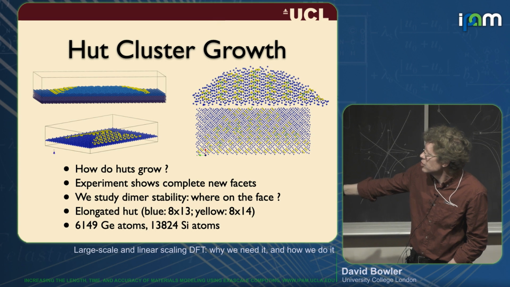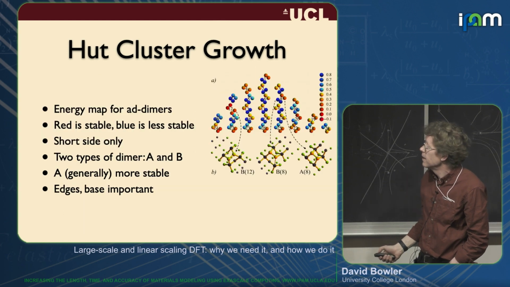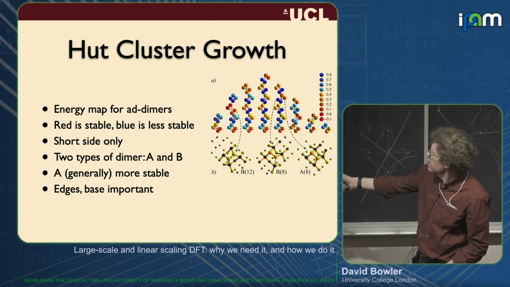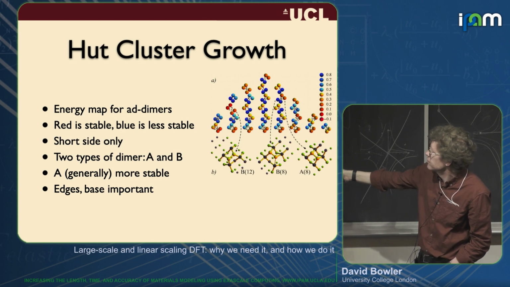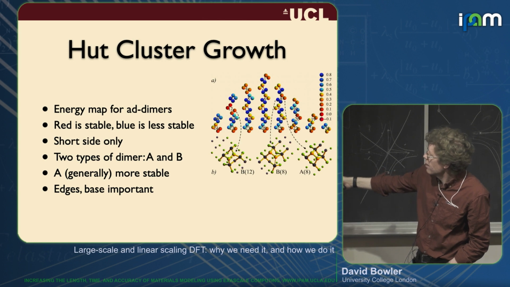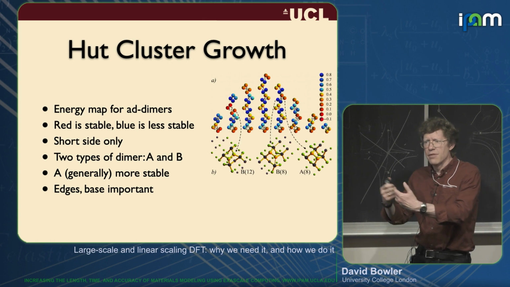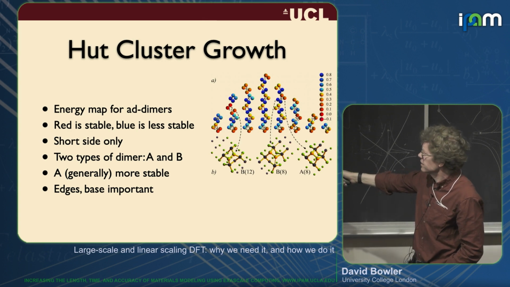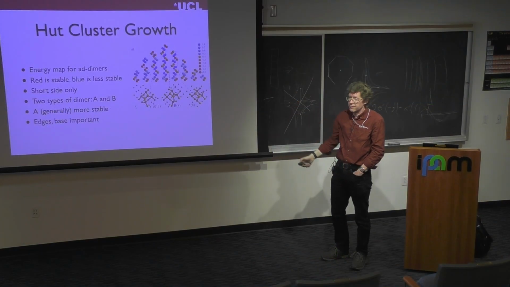So you're putting new pairs of atoms, new dimers, on all the different places on the facets and calculating the energy. And when you do that, you can make plots like this where you can see the change in energy relative to one particular location of putting a new pair of atoms anywhere on the surface. And that's enabling us to think about the growth mechanism. And fundamentally what it seems to be is there seems to be a nucleus here at the top of the facet, and then it spreads down very quickly.